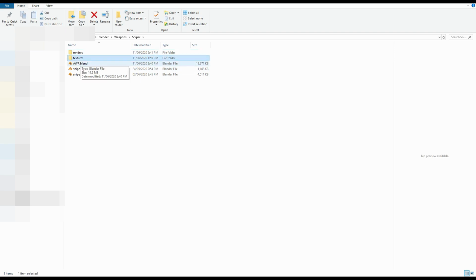About the textures folder, we don't care about it, so name it whatever you like. Chocofur is only using this renders folder for the mini preview images. So as you can see here, I have the sniper